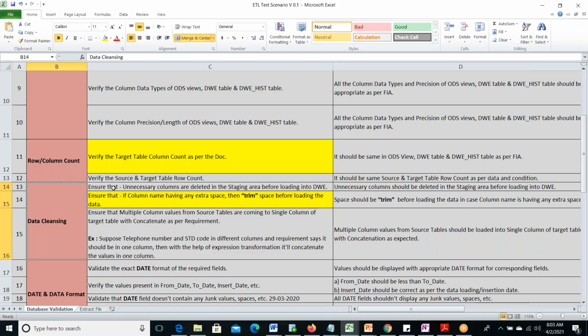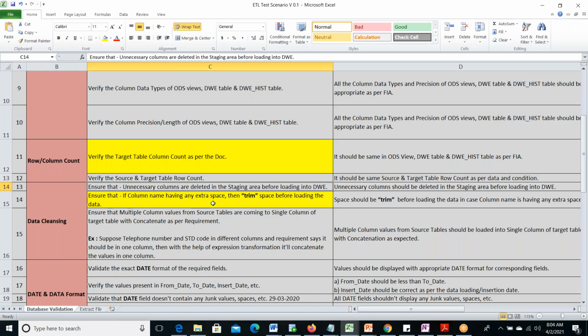Here we have to check a few test cases for the data cleansing activity. Ensure that unnecessary columns are deleted in the staging area before loading into the data warehouse. Whenever the data is going from landing to staging, we have to verify that unnecessary columns should not be moved. Suppose 127 columns are required in our target table, and in our source table 200 columns are there. Only the columns which should finally be present, we can check and move. Why should unnecessary columns move to the staging area? In the staging area, only the business logic will be implemented. Unwanted things should be removed earlier, before staging. Otherwise, it will be double the work in the staging area, and process wise that is not a good approach. So unwanted columns should not move. That is one test case. Another one is